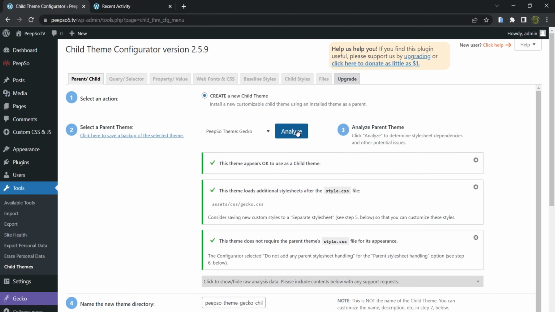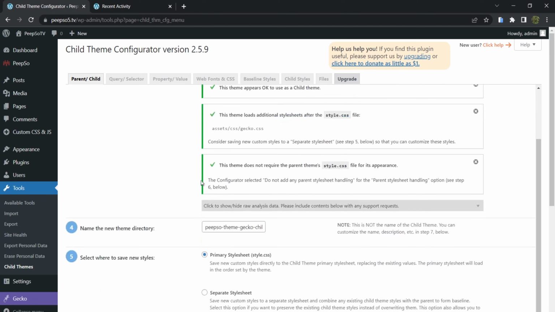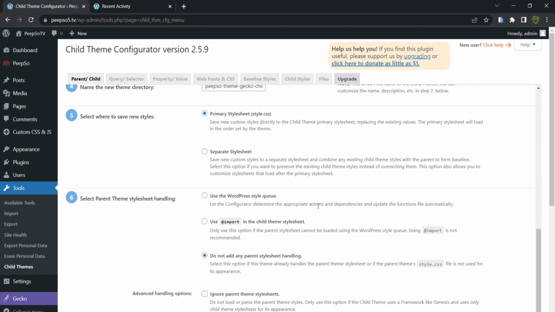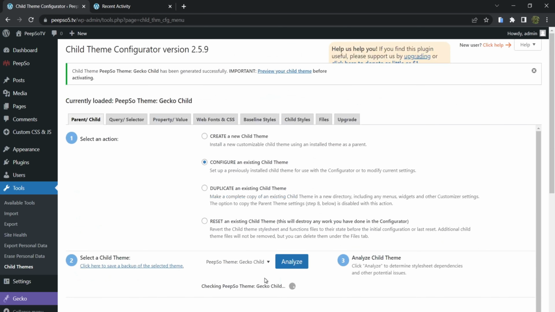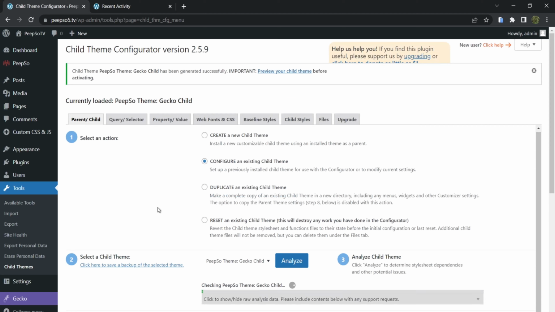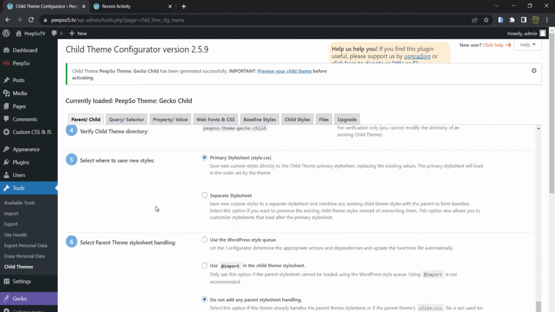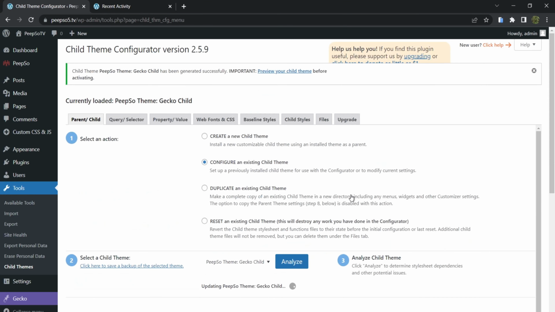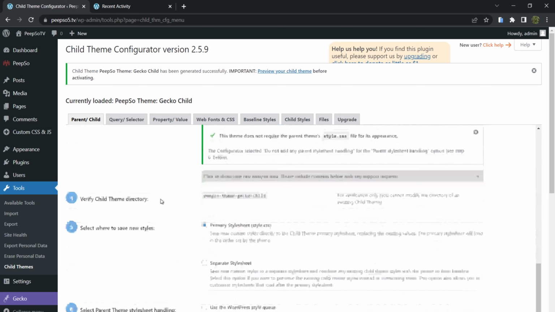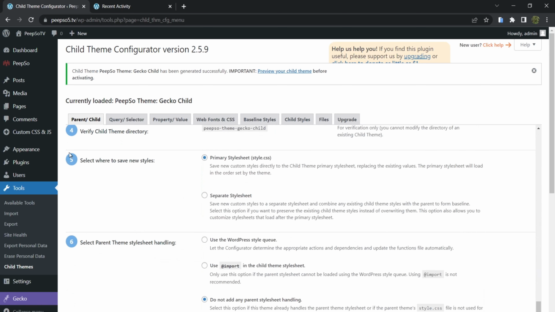Once it's analyzed, simply go all the way down to the bottom and create a new child theme. You can configure the child theme at this point, but that's not really necessary. Now go to Appearance, Themes,